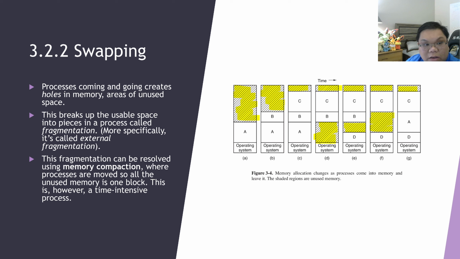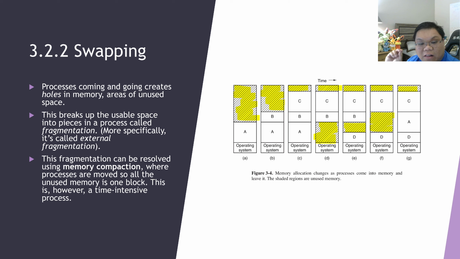As processes come and go, they leave behind these holes in memory. Although this is not mentioned in the book, it is mentioned in a different book. As processes come and go, it splits apart this area of unused memory into smaller and smaller pieces, and that comes from the fact that processes are just coming and going. This is called external fragmentation, and at the extreme, memory will be fragmented into so many pieces that